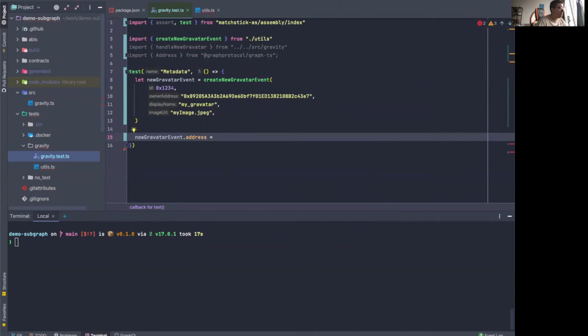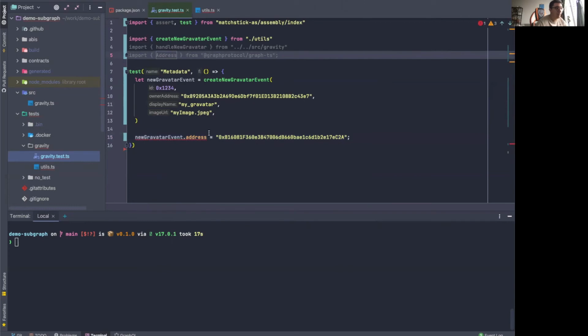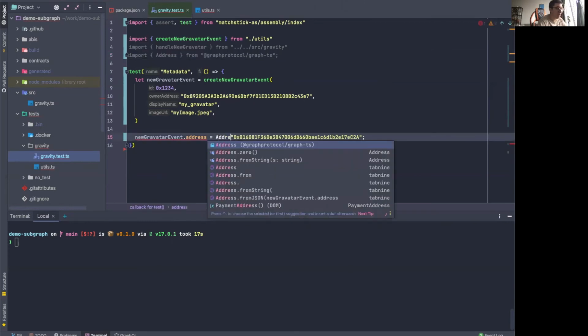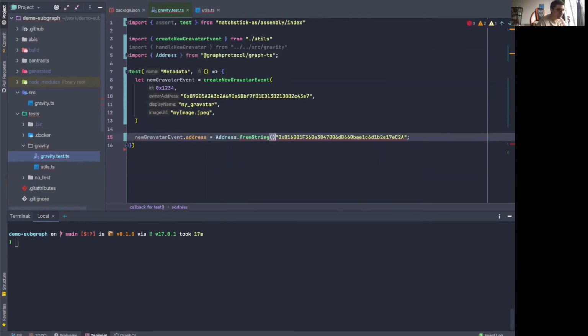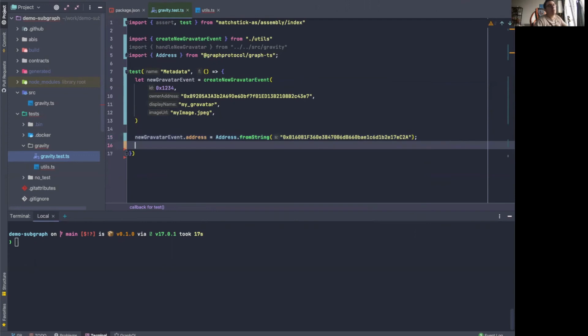Let me just put in some mock data here. So let's say we need our address to have this value in order to test it, but of course it can't be a string, so it actually needs to be the address type coming from GraphTS. So we're going to do address from string, and you can do this for any data type in there. And there we go, we've set it now. So as I said, we can have some logic that checks if the address is a specific value a bit down the line in the handler,